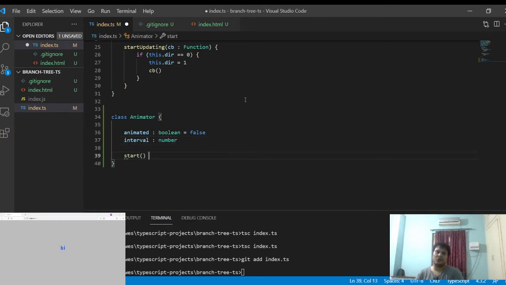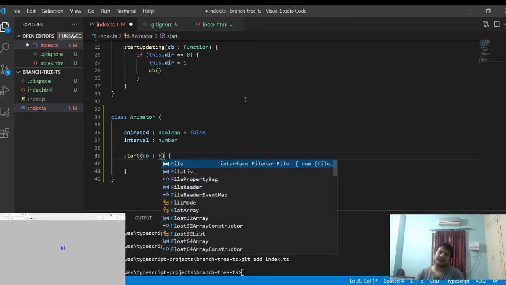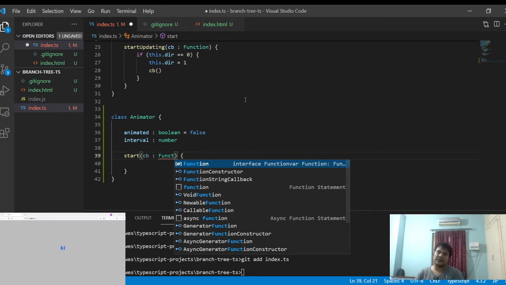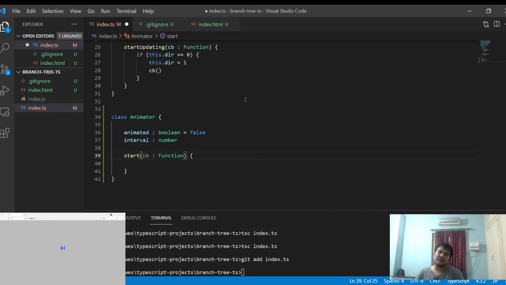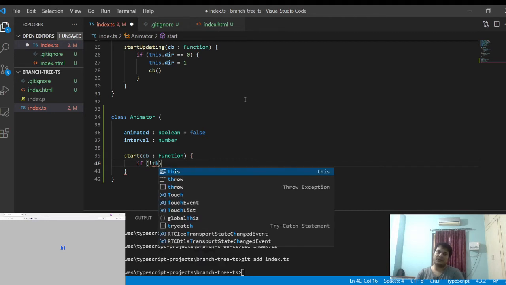It will have two properties. One is animated, to check whether the animation has started or not. Another is interval, the interval ID which setInterval generally returns.